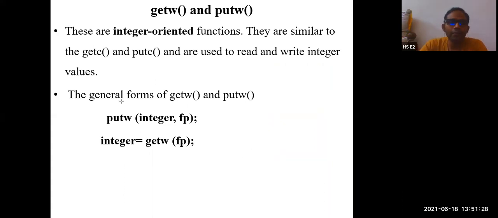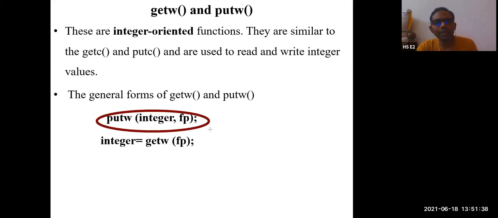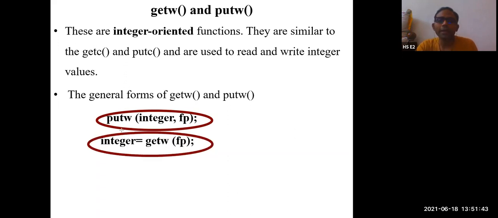Now, apart from that, we have 2 more functions called getW and putW. These 2 functions are the methods related to a binary file. We are working on binary files now. Binary files are available in zeros and ones, but we can see some part of the information. We'll see how the files get stored. One method is putW, another method is getW. GetW means getting the data from a file, putW means keeping the data into a file.